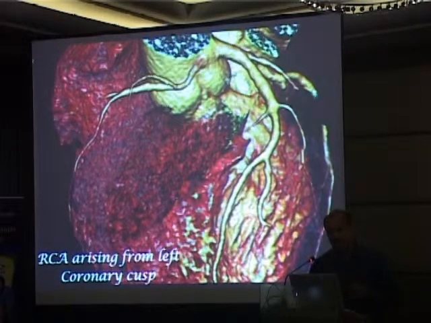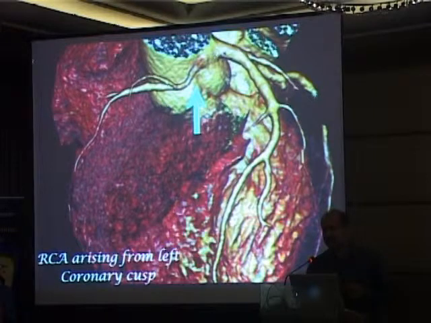Here's an example of an RCA arising from the left coronary cusp. So it's like a single coronary artery with the left main out here, and the RCA